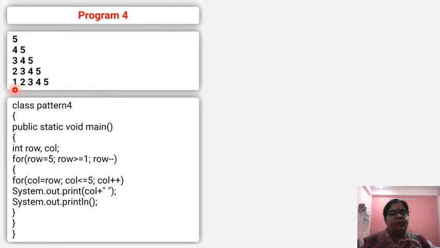See, now in this program we are seeing that the outer loop is decreasing but the inner loop is increasing. See, students, the outer loop is decreasing and the inner loop is increasing. Like that, see, row is 5 and it is decreasing, it will work till 1 with minus minus. Column is assigned to row and it will work till 5 with plus plus. So if you pay attention to how the pattern is, then you will easily manage to do your